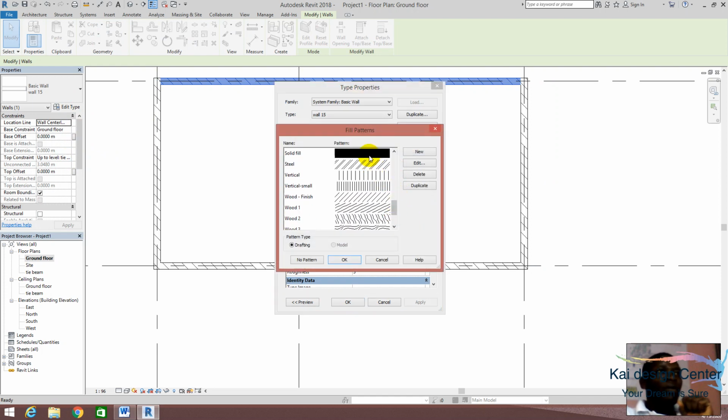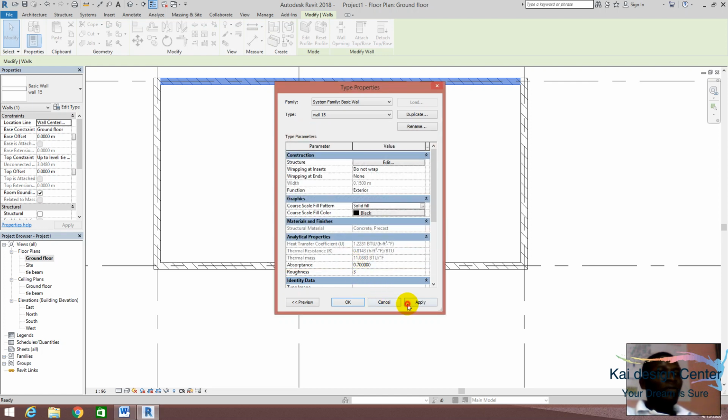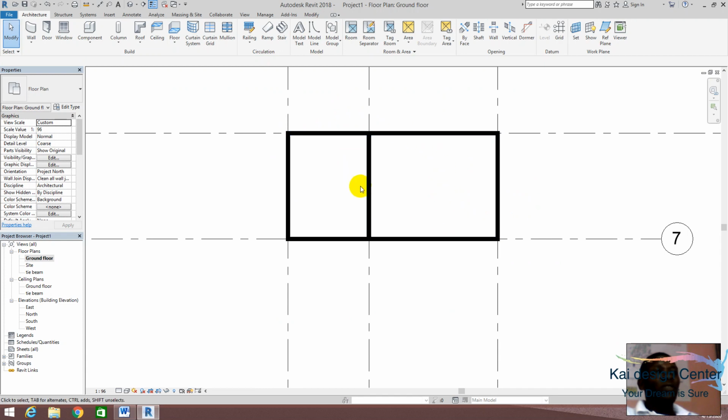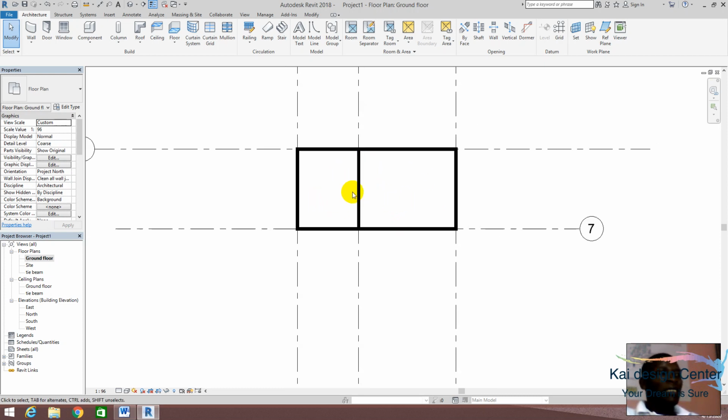Excuse me, you take solid, take apply, and this. So this is now your wall. It's filled this way. So anyhow you want to design your field, you just have to do it this way. Now the next thing we'll be doing is we want to see this